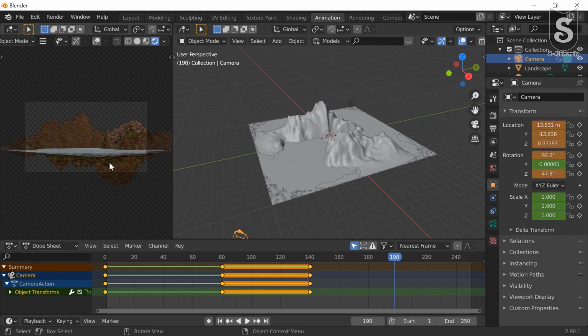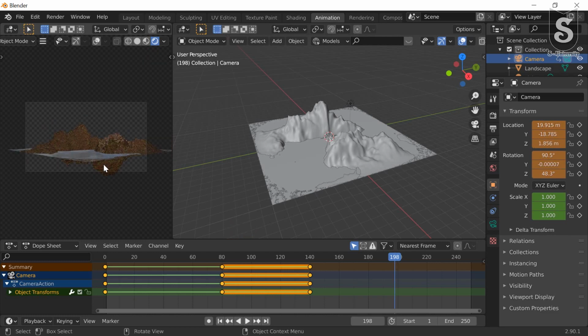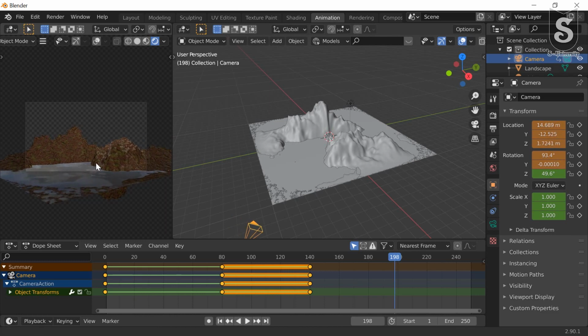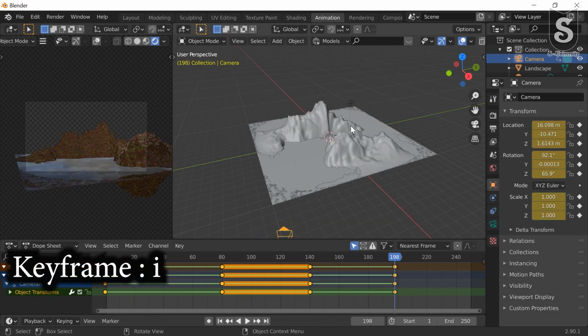Change the camera position. Okay. Press I to insert keyframe, location, rotation, scale. Now we can see how it looked like.